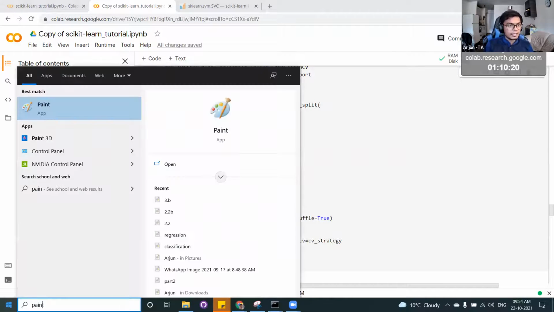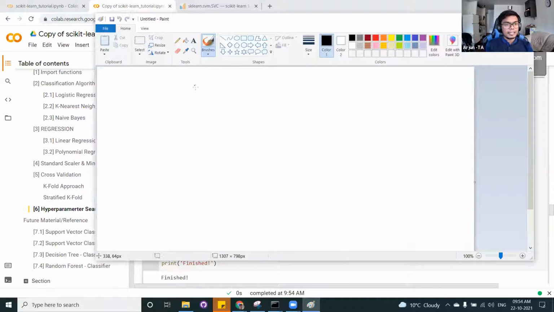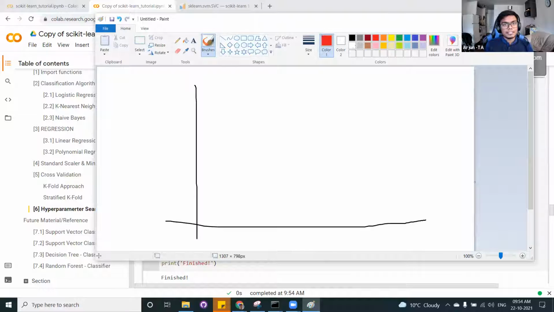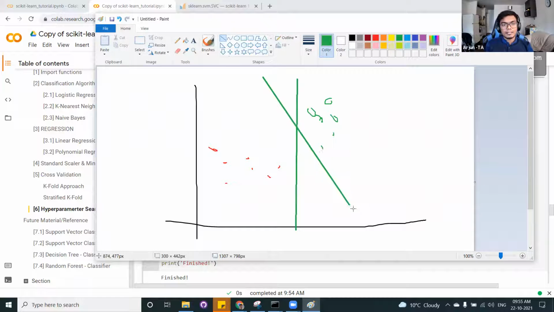Just to quickly give you a small example, in the last class Sarath left you with an intuition: on one side you have one class, like dogs or cats, and on the other side you have the other class, green. This line separates them well, and this line also separates them well, giving you 100 performance, very good classification.